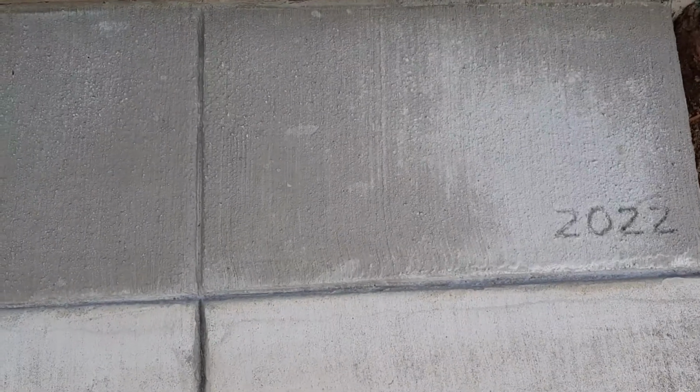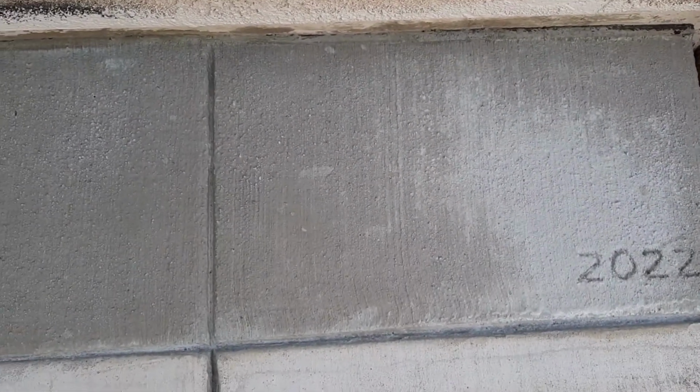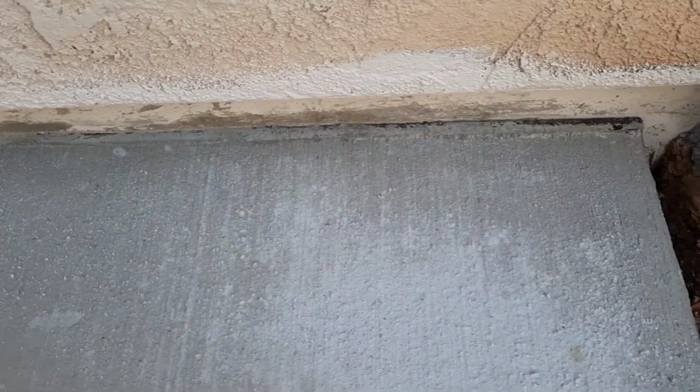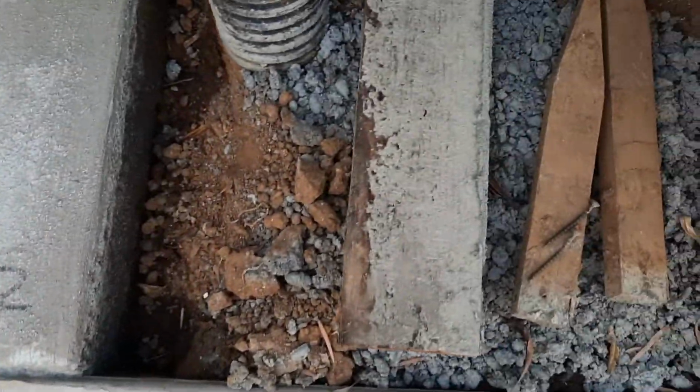Here's something you don't see on YouTube concrete videos very often. We're 2 days after the pour and it's drying out nicely. The control lines look good. They align with the existing sidewalk. The expansion joint up at the top was the right level for our pour. The date looks good, and when we took out the wood